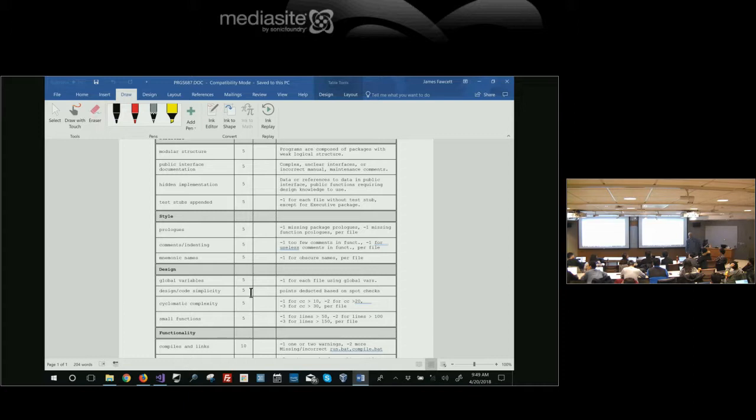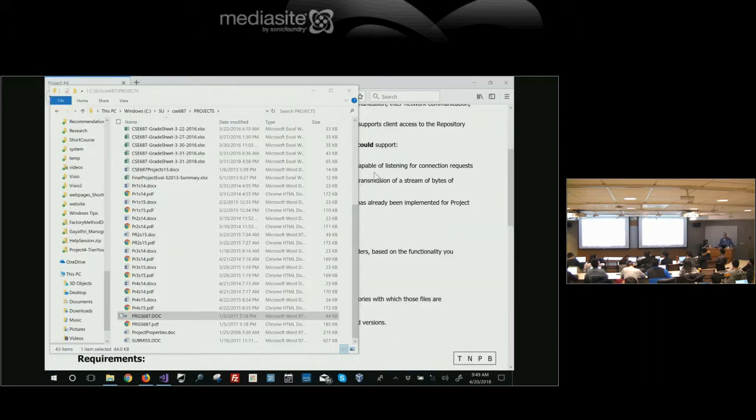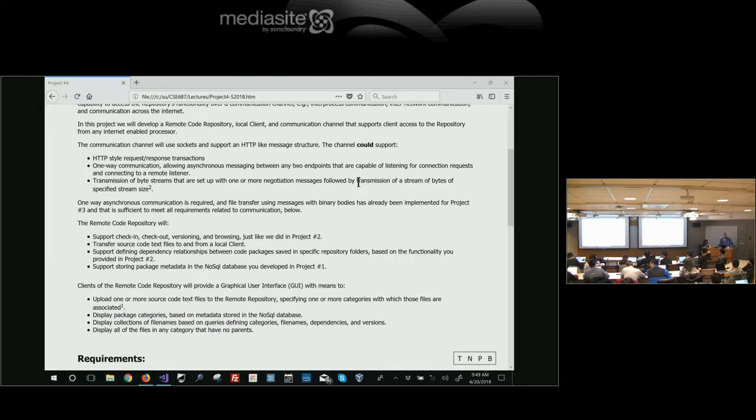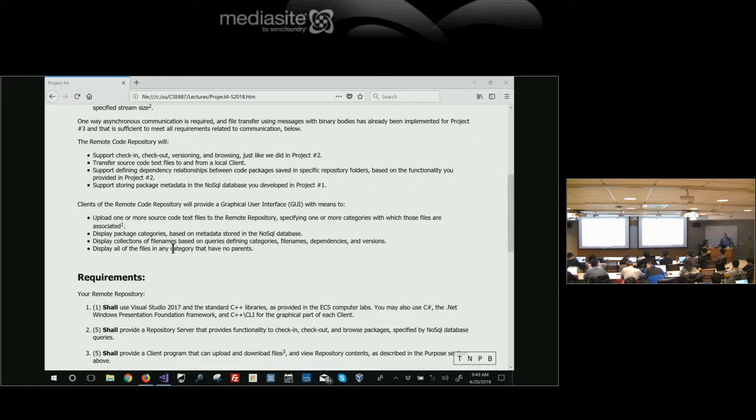You're clearly obligated to demonstrate you meet all the requirements that are stated as requirements. I think it's a good idea to, maybe with less precision or more quickly done, but some of the stuff will be obvious: upload one or more source code files, that clearly is a requirement. That's in the requirements. Communication channel could send files, so you've got to demonstrate it. Specifying one or more categories with which those files are associated. So